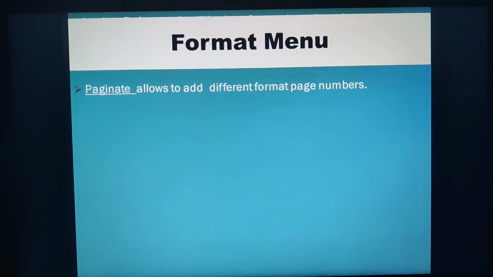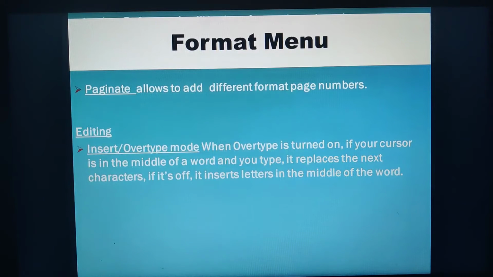Next we have the editing option. Under the editing option, we have two modes, that is insert mode and overtype mode. You can manually switch between the insert or the overtype mode. Whenever you're typing any text into your document, by default you will be in the insert mode. If you want to go for the overtype mode, you can manually switch by choosing an option.